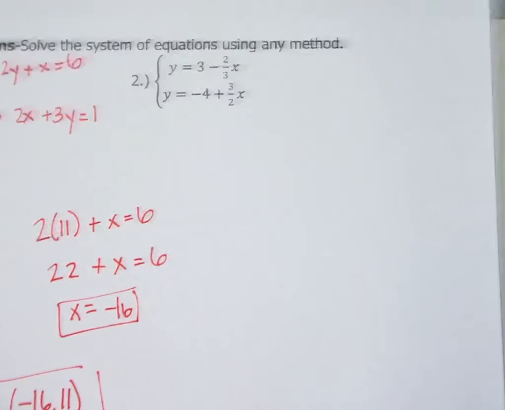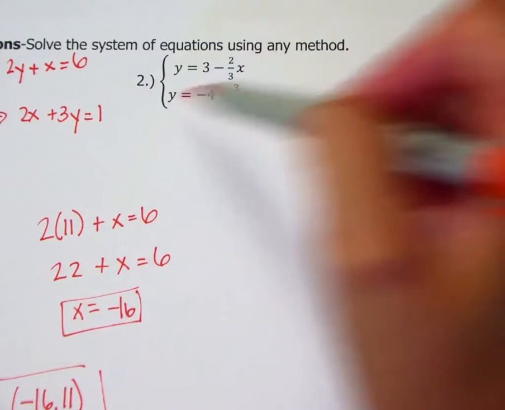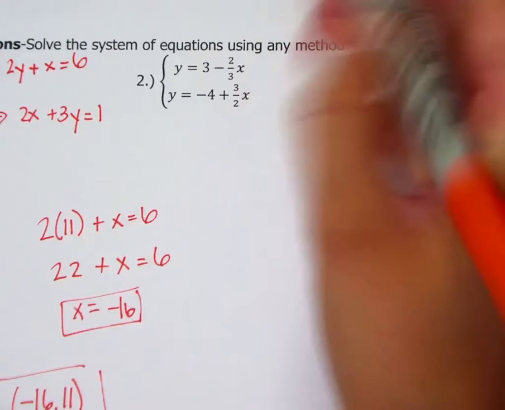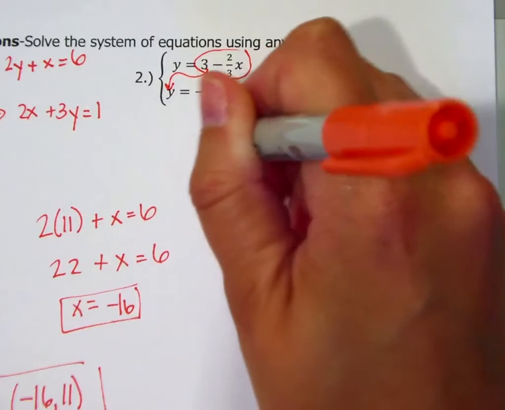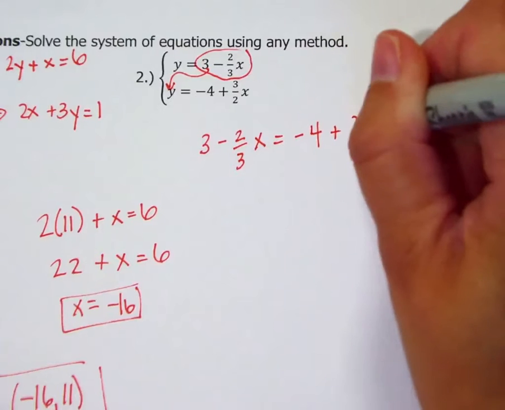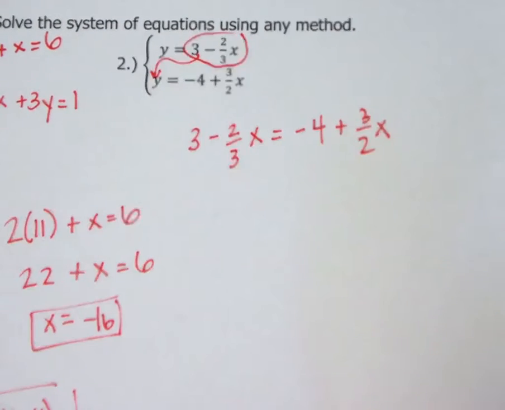Notice in this last example that both of these equations are actually written in slope-intercept form where you have y equals already by itself. So let's do this. So if y is equal to this quantity and y is also equal to this quantity, then this must be equal to that. So basically we're substituting that quantity in for that y. So we can say that 3 minus 2/3 x equals negative 4 plus 3 halves x. So at this point, we're basically back to just solving a